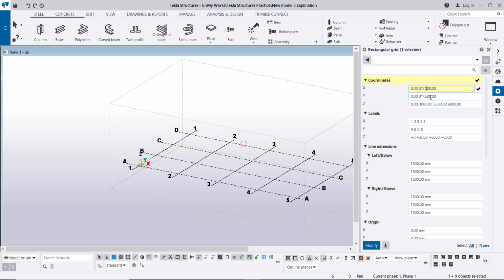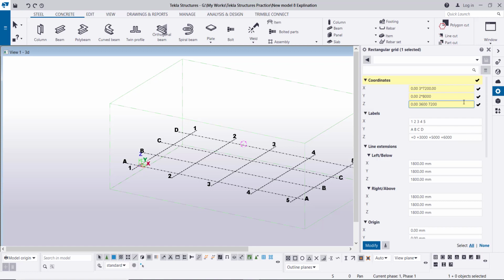In the Y direction we will have grids A, B, C at 0, then 2 grids at 8 meters. And in the Z direction we will have the first grid at 0, then 3.6, then 7.2, then the ridge will